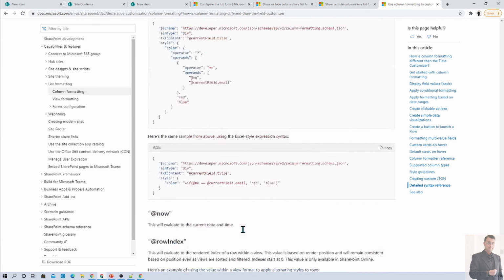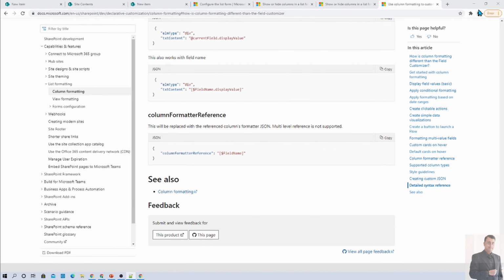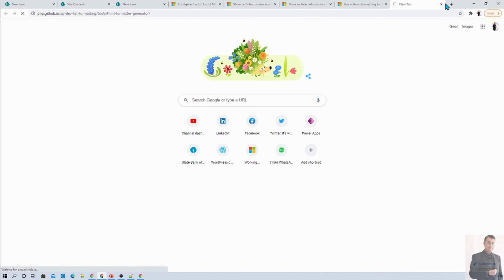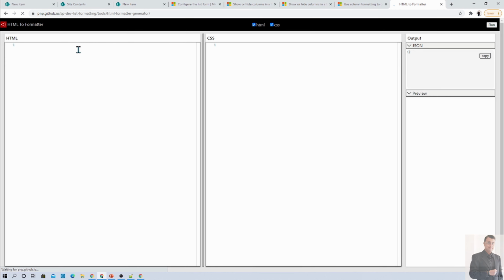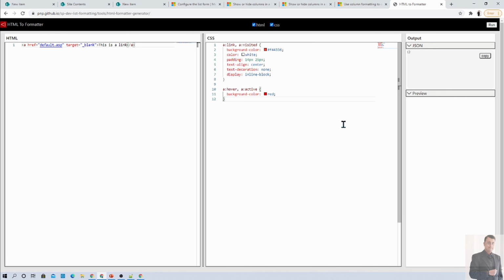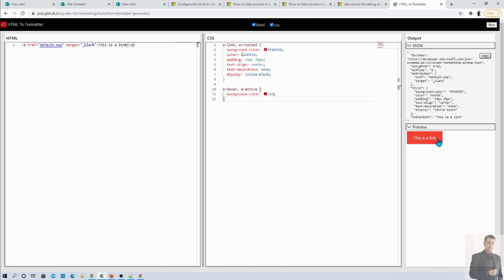Now one more important thing that I want to show here is HTML formatting. Let's say here is one utility which is provided by PnP GitHub. For an example, I wanted to add this type of action over here, a href, and I just have this type of styling available, right? Now what it will do is, in preview, when you click on run, it will show you this type of output, and this HTML structure is converted to the style structure like this.